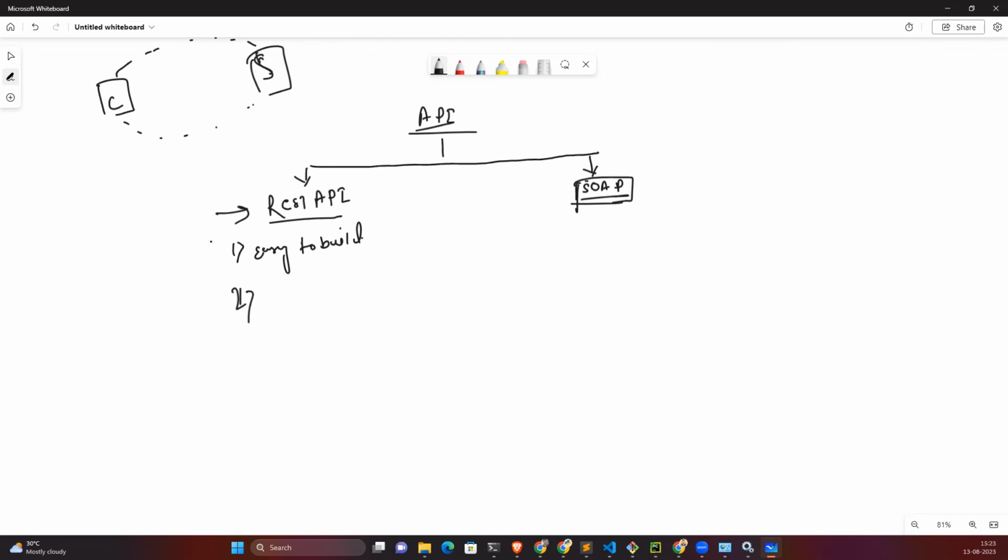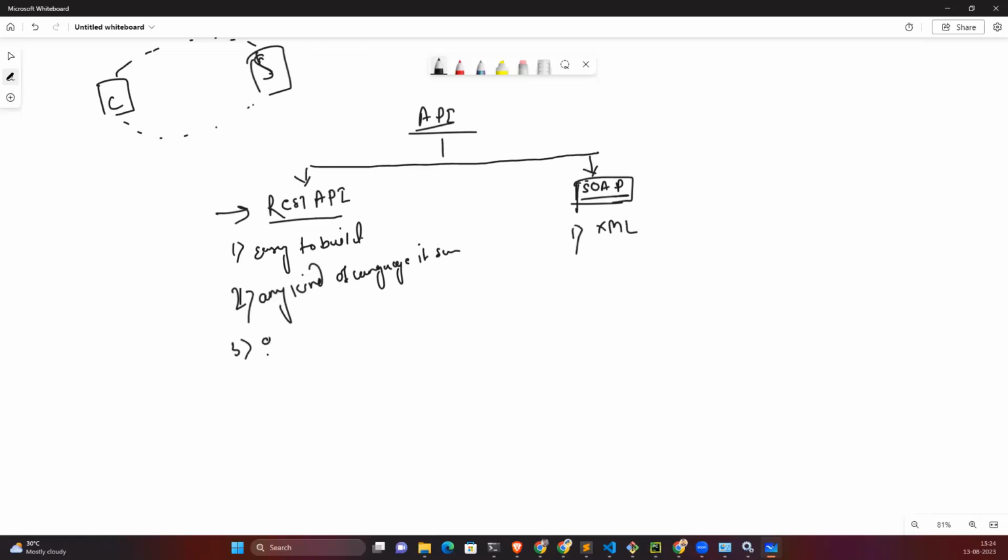So any kind of language it supports. But with SOAP API you have to pass only XML data. It supports only the XML data format to communicate between the client and server. So only XML data.